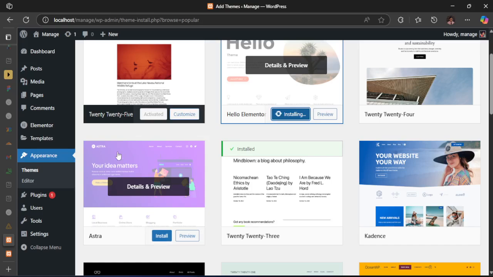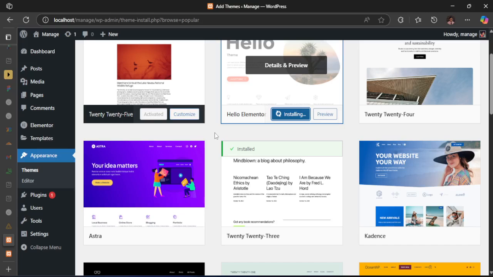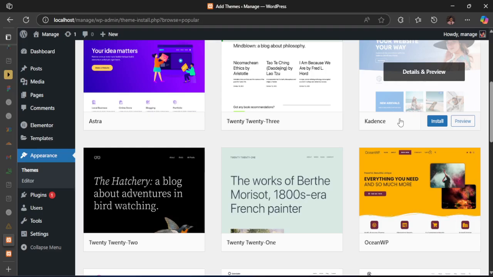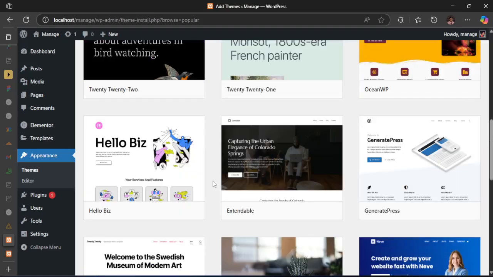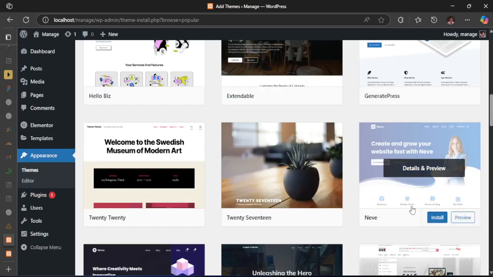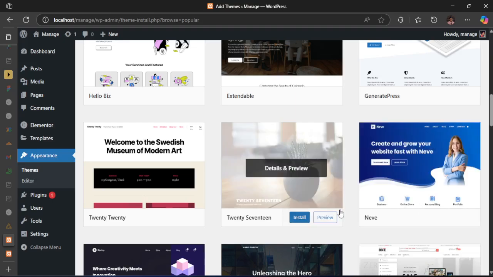Assuming you don't have any landing page in mind or you don't have any design, just come here, search for a landing page theme, look for the one you like, and you can see there are different versions of themes that you can use here. Once you're okay, just click on install to install that particular theme. As you can see, there are different types that you can install to quickly start up your development. These are not the data you are going to use, but it will set up all the design for you. Then from there, your own job is to add the data that you want to add into the